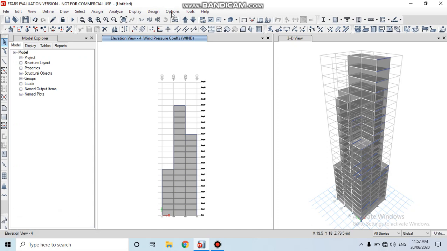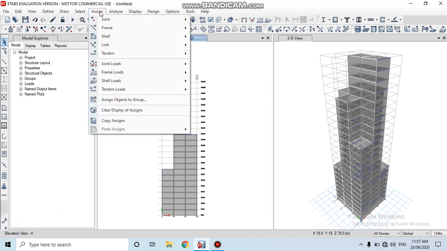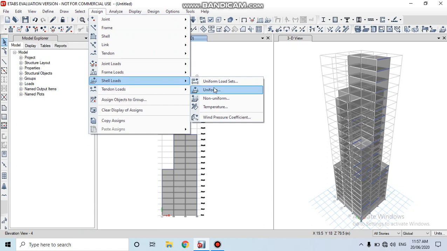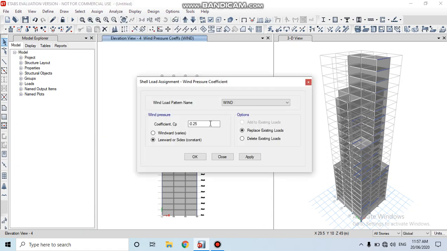Here then go to assign. In assign, click on shell loads. In shell loads, click on the wind pressure coefficient. Here we have to take minus 0.8 as per code. Then click on apply. Then click on OK.